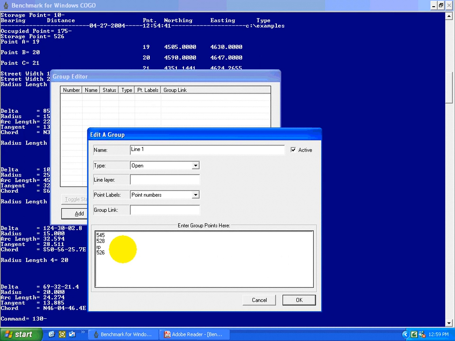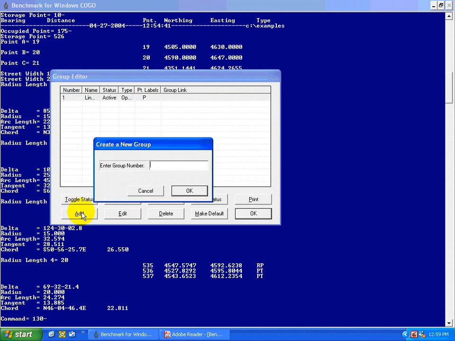To 527. We have another radius point, because we're into that curved part of the street now. And the radius point is 21. And the ending point is 542. And that takes care of